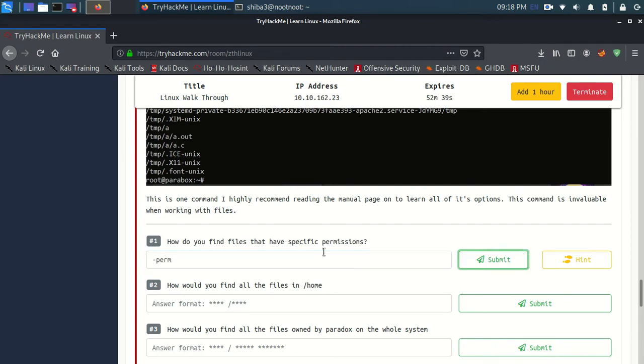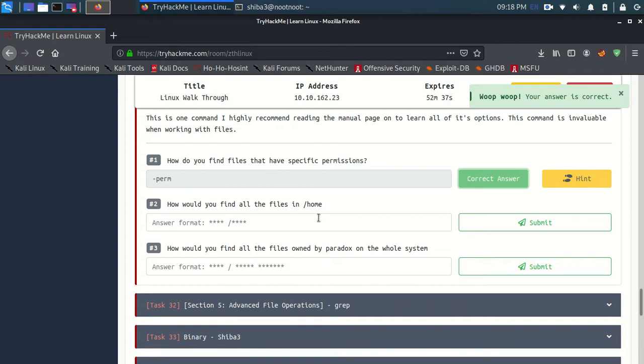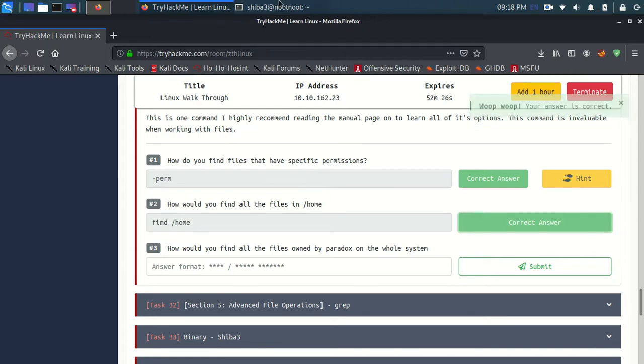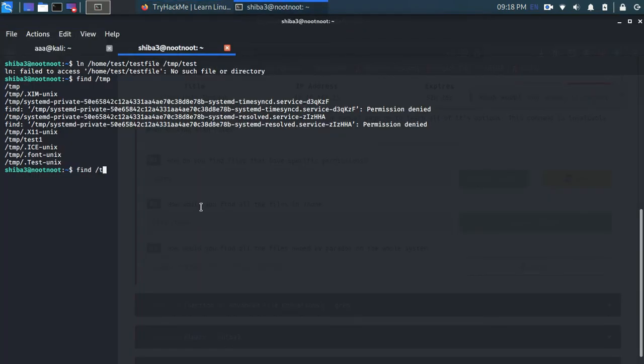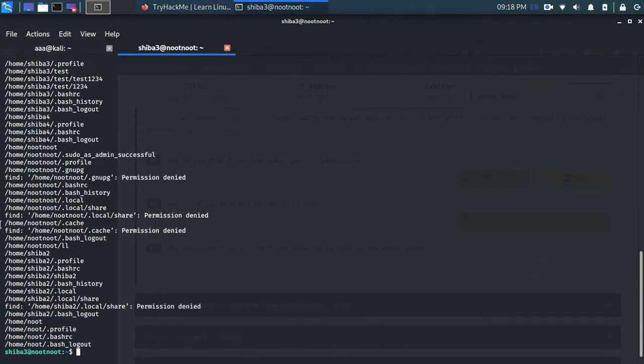Now how do you find all files in the home directory? It's find /home, just like we did for temp. You do it for /home, and everything with home in it has come.